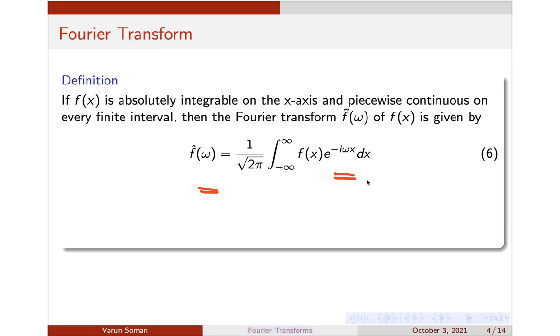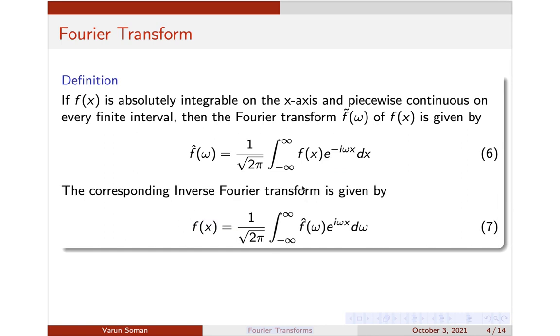The problems will be coming here. They will give you a function and ask you to find the Fourier transform. Only that much is required for you for the examination purpose. The derivation and everything is not required. This was just for your information. And the inverse Fourier transform, the original function, is obtained by this: f of x is equal to 1 by root 2 pi. Now the Fourier transform is represented by the symbol f cap of omega.